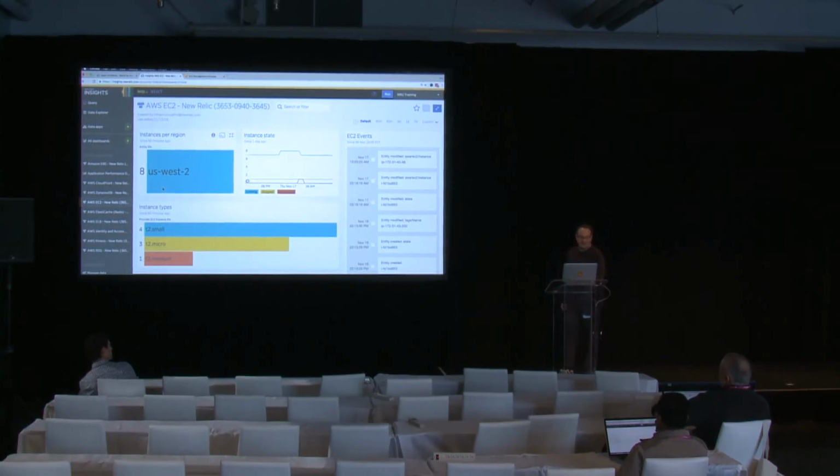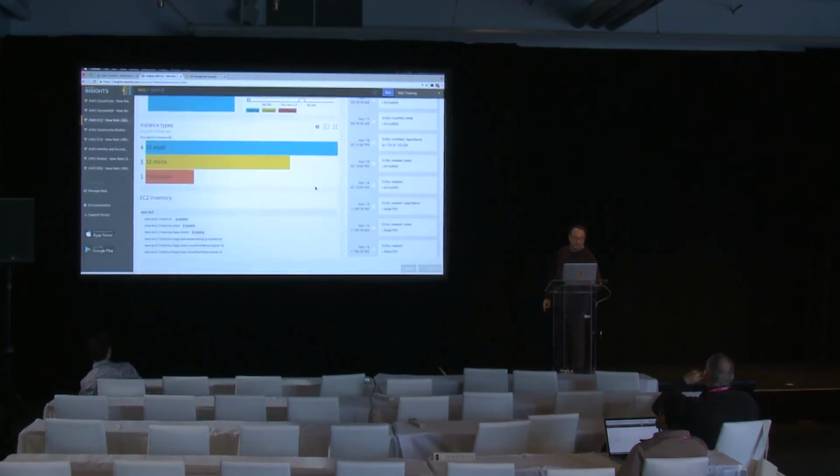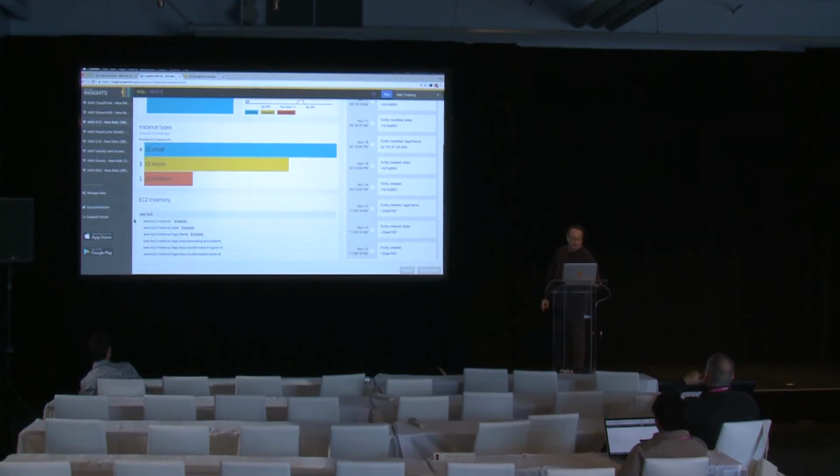So I have 8 instances, 8 EC2 instances in the US West 2 region, but if I had multiple regions, this would tell me how many in each. Here's a graph of the instance state. So you can see that one of them was terminated here this morning, and in fact, I just stopped one. So the number of stops should increase from 1 to 2 in a moment. Here's a chart of my instance types. Here's an inventory of all of the various